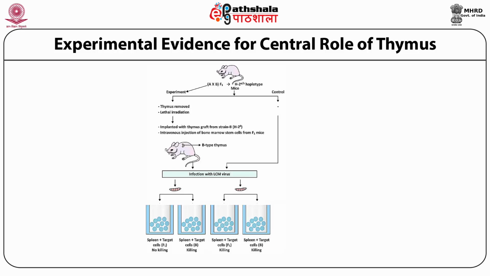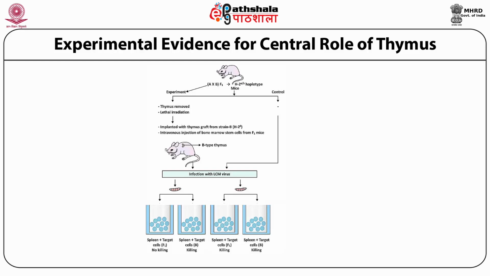Here, A into B F1 bone marrow transplant mature within a thymus that express only B haplotype MHC molecules on its stromal cells. Now to confirm whether T cells now recognize or get restricted to MHC haplotype of thymus, in order to find